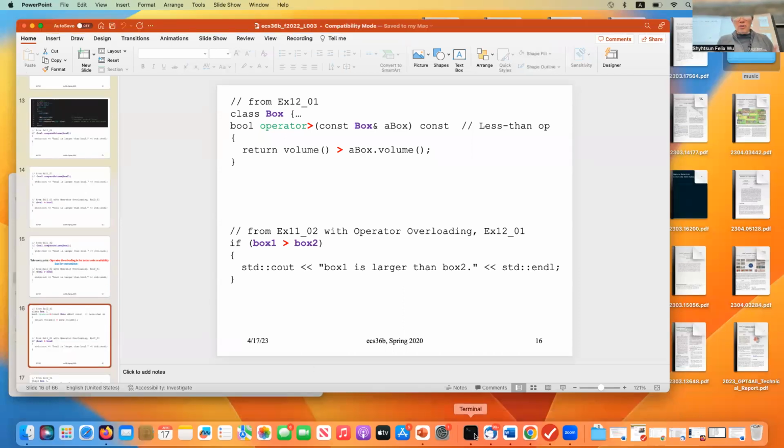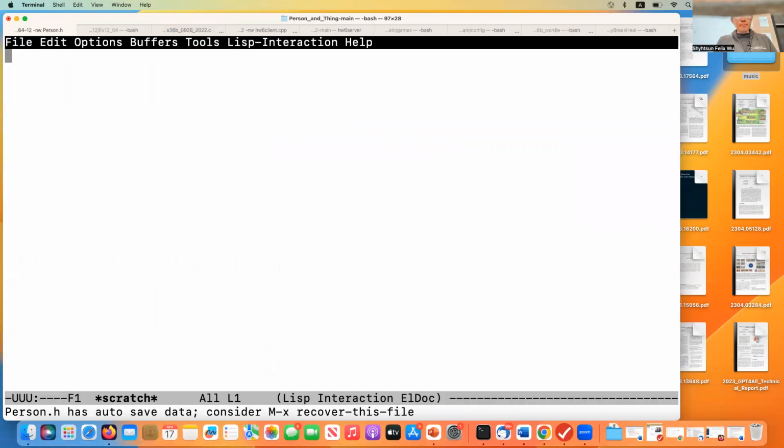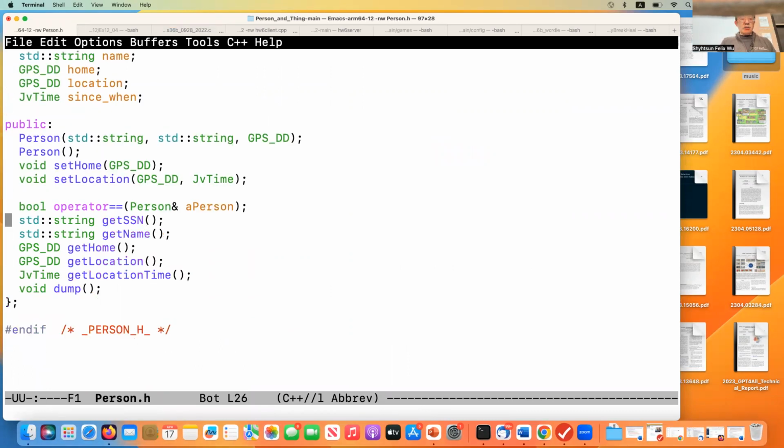I forgot whether I showed you. I think I showed you very quickly person.h. In person.h, I actually define an operator overloading, operator equal. So basically I overload another operator, which is,